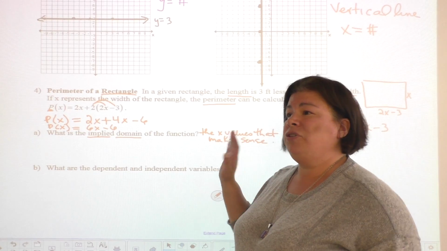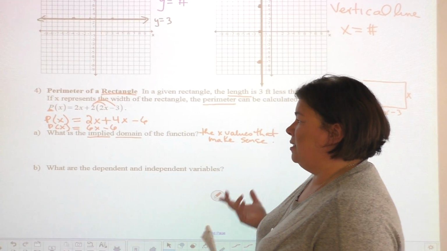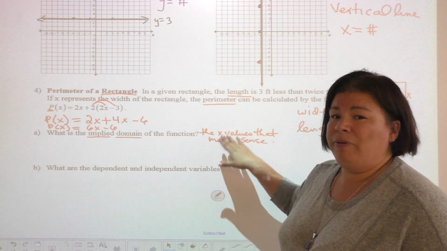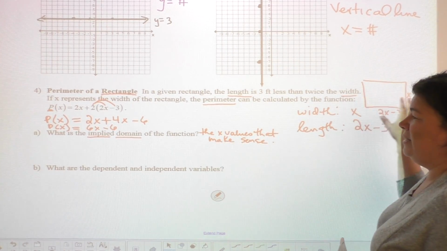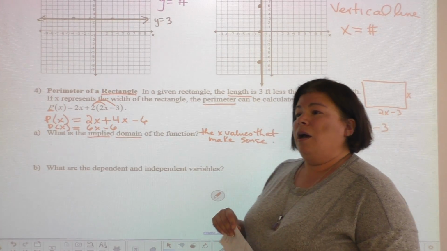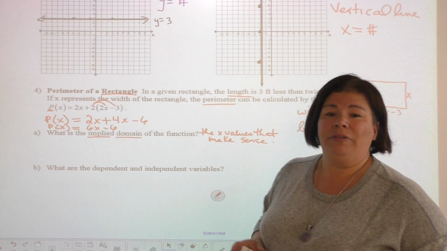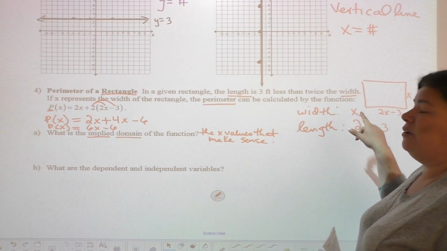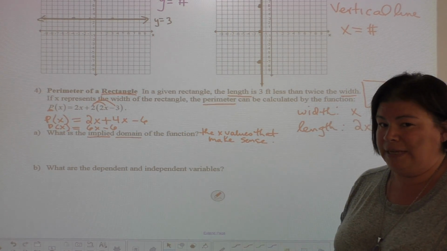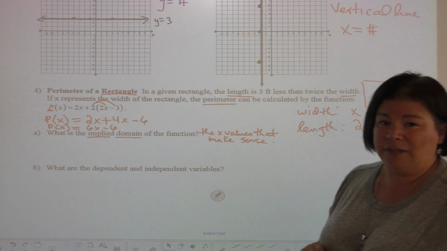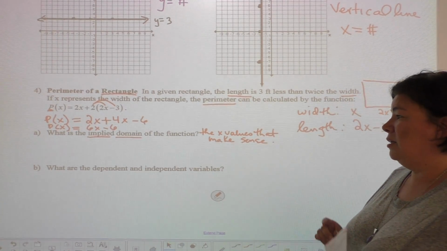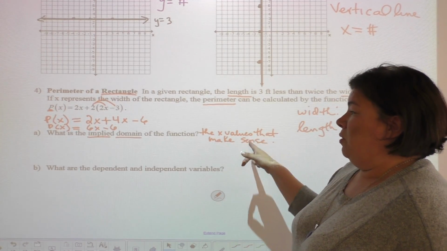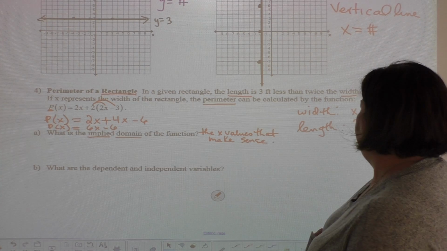And you're thinking, oh, the domain's going to be all real numbers because it's a line. However, in our problem, we're saying that that represents the perimeter of this rectangle. So saying all real numbers is not going to work because I cannot have a width of 0. Putting 0 in here for x, I won't have a rectangle. Putting something negative in for x will not give us a rectangle because length and width, distance, can never be negative. So the implied domain, we have to make sure